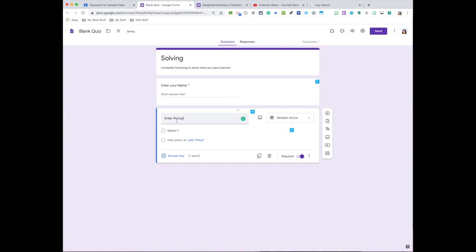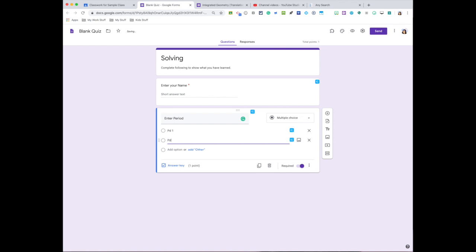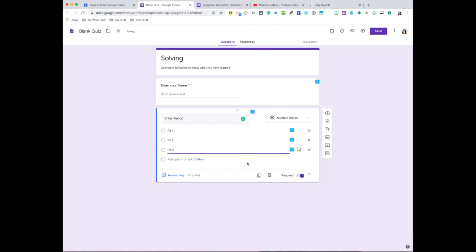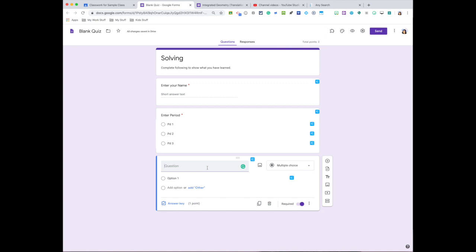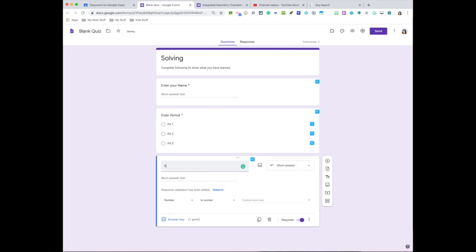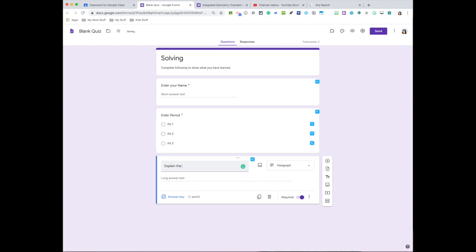Usually when I ask them for their period, I tend to have their period already pre-made in here. So let's say period 1, period 2, period 3, whatever it is. Again, required, and then with this little plus, I'm going to add my question. So I'll write the same thing. Explain the process to solving, maybe I could add x plus 3 equals 9. Okay, so they'll write it in there, required,